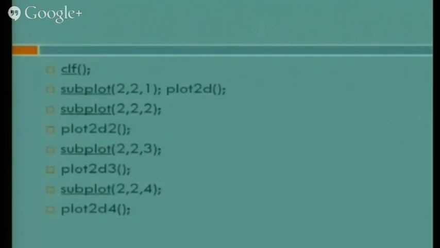And subplot 2, 2, 1 means we are going to plot in the first window. In the first window we are going to plot, and the command we are plotting is plot 2D. Then subplot 2, 2, 2, plot 2D2, then plot 2D3, plot 2D4. By default, some waves will be generated. Now, what is the difference between these? Plot 2D is a simple plot. Plot 2D2 will be generated in a discrete